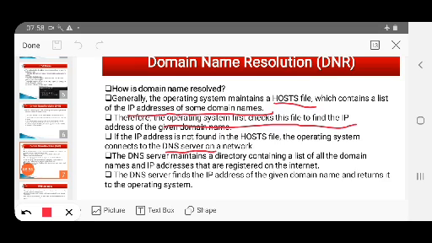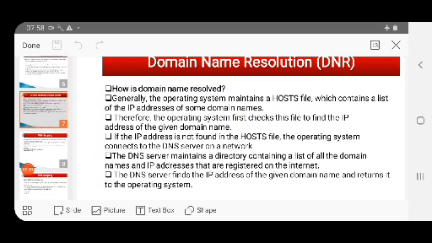When the operating system gets it, it will again copy it in the host file and send the IP address to the web browser. So, that will be the third step. This is actually the portion of the second step. I hope this is clear to all of you now. Now, moving to the next topic,